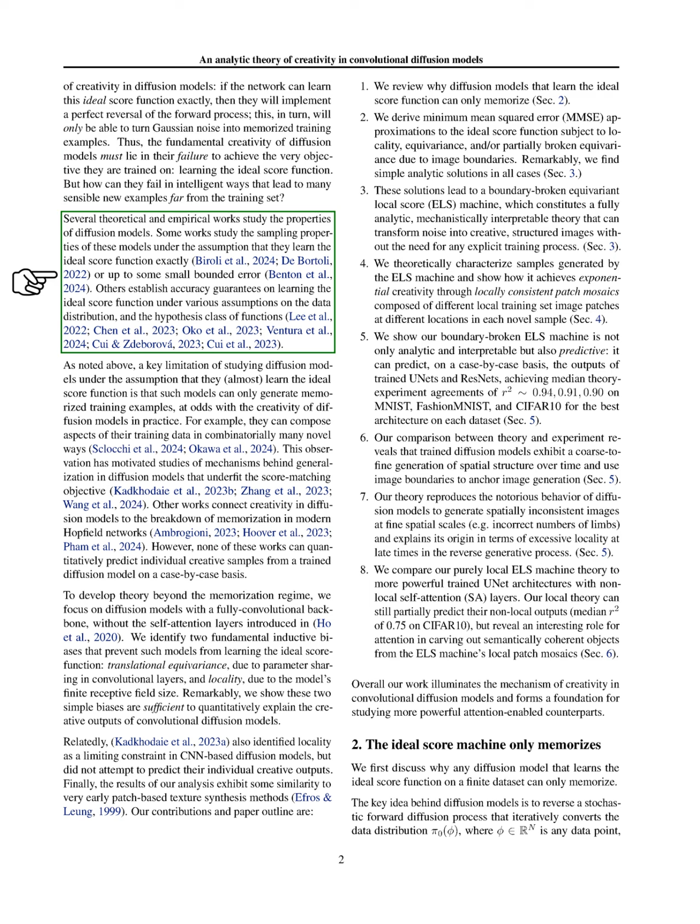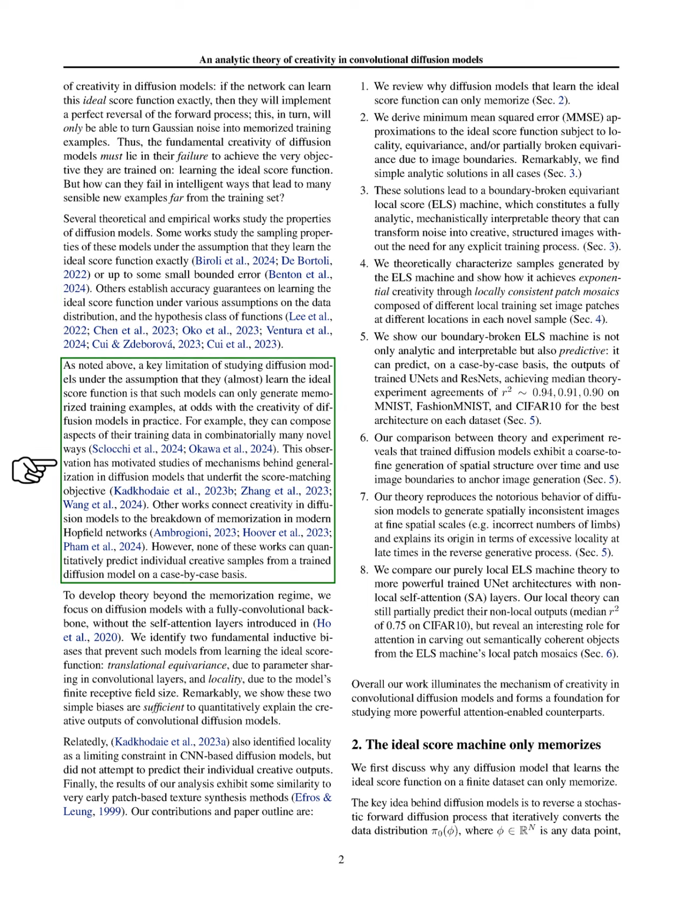Various studies have examined the properties of diffusion models, some assuming they learn the ideal score function accurately or with minor errors. Others have established accuracy guarantees under different assumptions about the data distribution and function classes. However, assuming that diffusion models learn the ideal score function limits their ability to generate new examples, as they would only reproduce what they memorized. Notably, these models can combine aspects of their training data in many novel ways, prompting investigations into the mechanisms behind